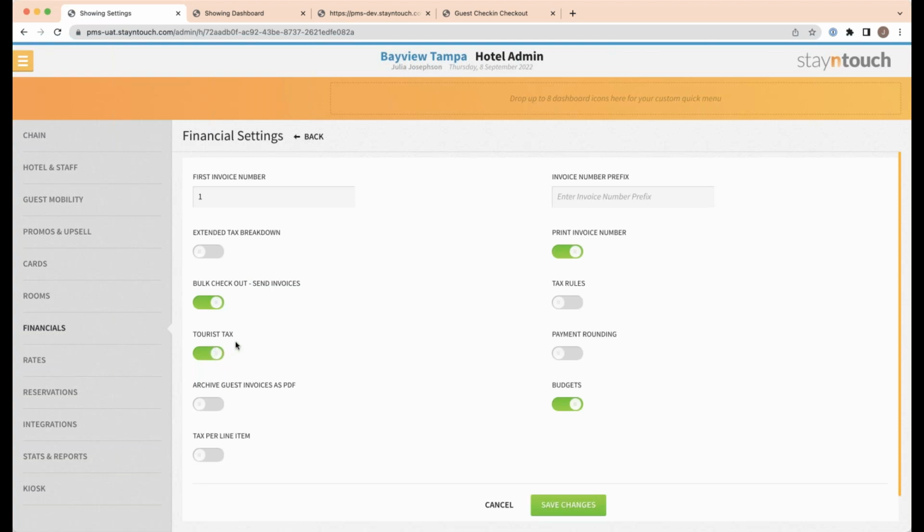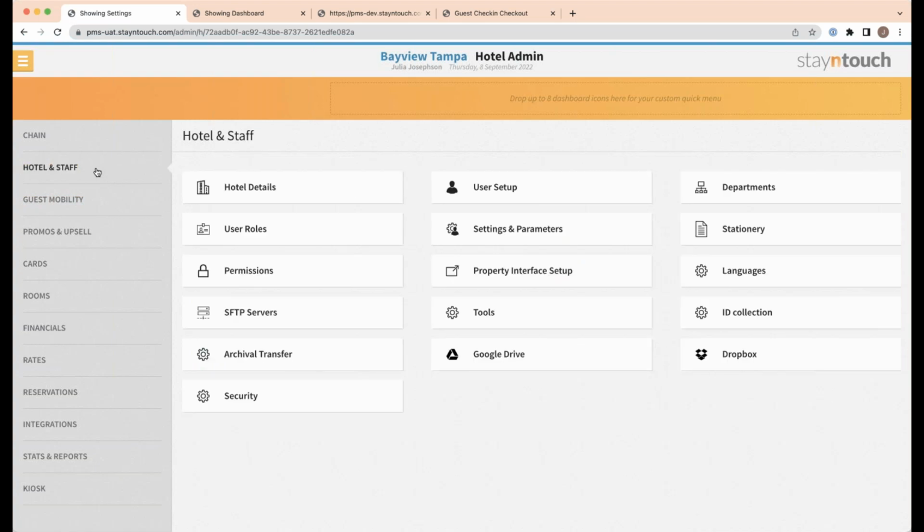What's been enhanced though is that now I have the ability to add a separate line item on the confirmation letter and group confirmation letter that details the specific tourist tax amount. So if I wanted to add it as a separate line item there, I would go to, in my settings, hotel and staff, stationery,